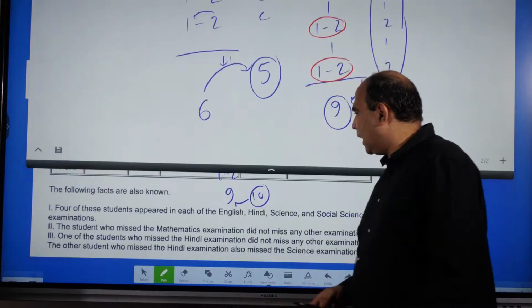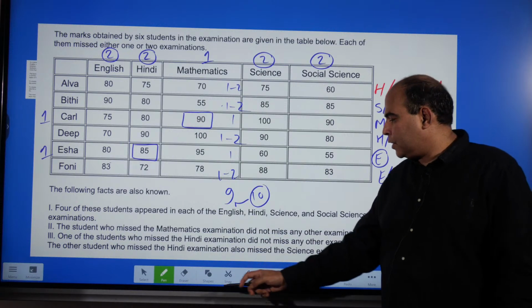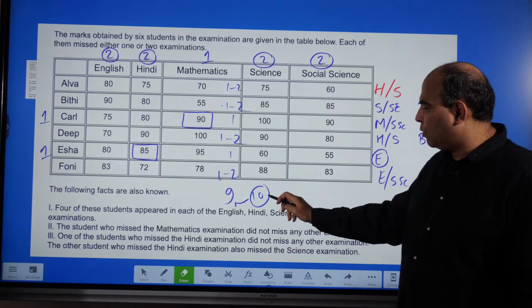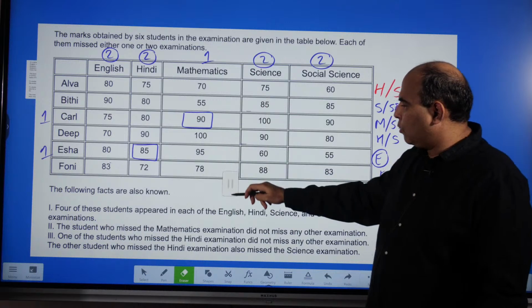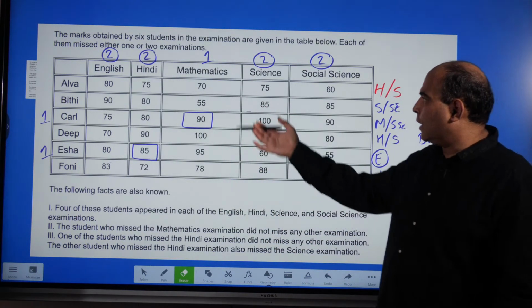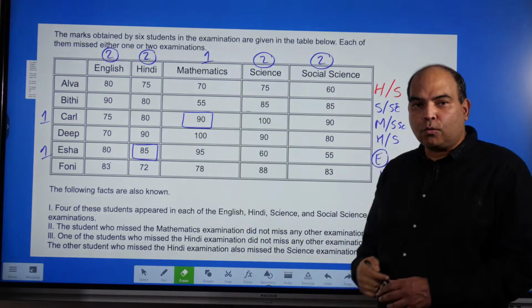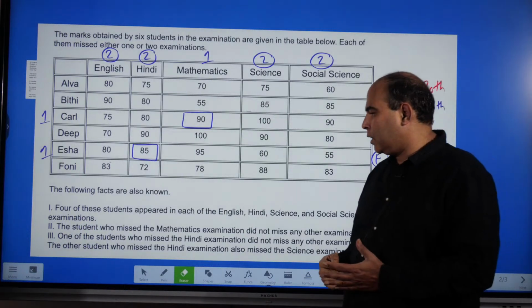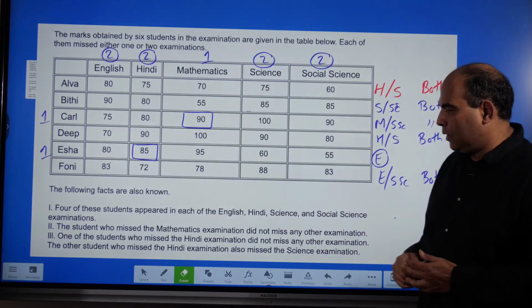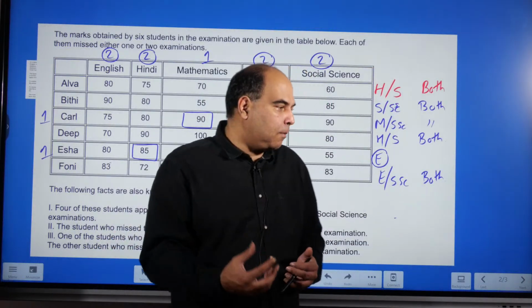So that's something you realize at this point, and you also have the clues below further which have to be seen. So we have seen the first 2 clues. First 2 clues we have seen, which has told us that these were 2, 2, 2, 2 each, and the second one, the student who missed maths, told us that Carl is the student. And the last clue, this is the last thing that is actually stopping you from getting the marks inside this